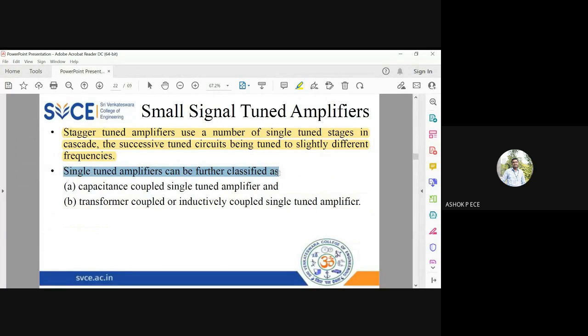Single tuned amplifiers are further classified into two types: capacitance coupled single tuned amplifier, and transformer coupled or inductively coupled single tuned amplifier. We are going to focus more on the capacitance coupled single tuned amplifier. We don't cover transformer coupled because it is even more difficult to realize a transformer coupled single